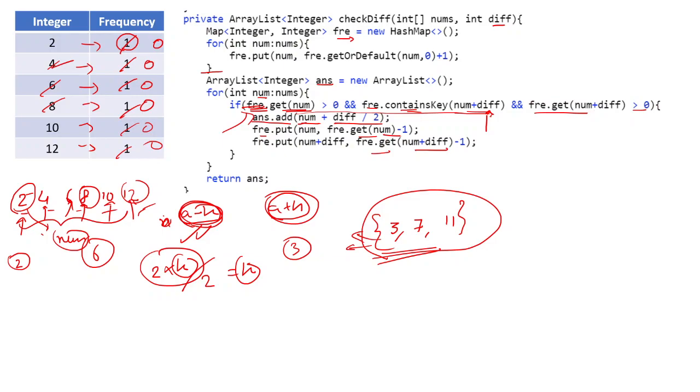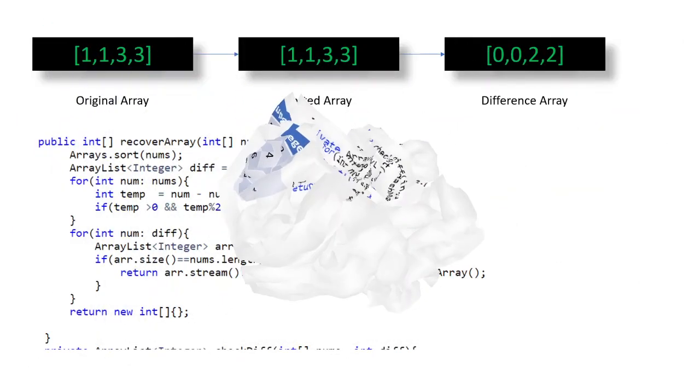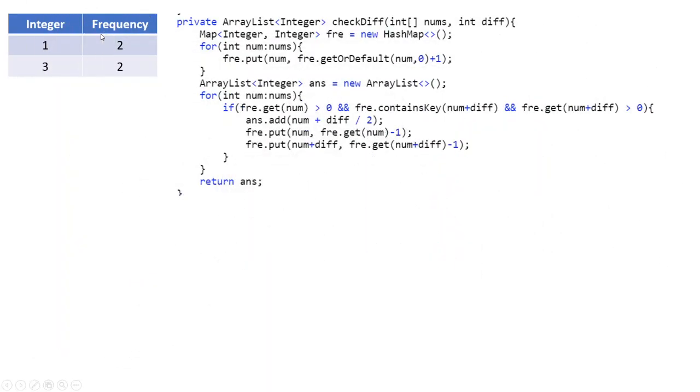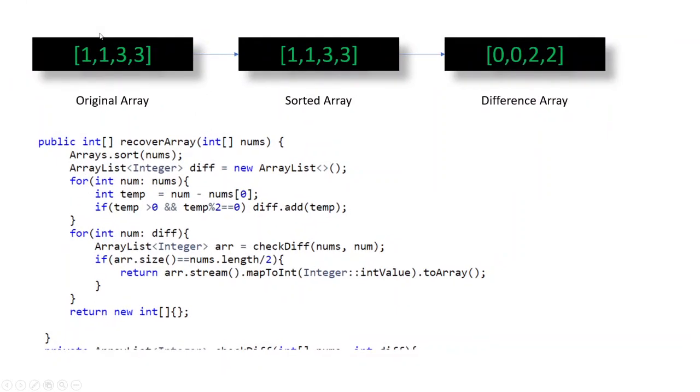Let's see this with another example where the frequency is greater than 1. Okay, so let's take the second example that is given here. Let me go back, just give me a second. Yeah, so if you see here 1 1 3 3 is there, it is already sorted, so we sorted it and then we created the difference. So if you see here 0 0, I have just shown here to give clarity that we are subtracting. So we have got 0 0, but this will not be included in our final difference array list.